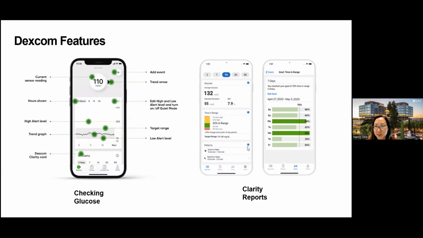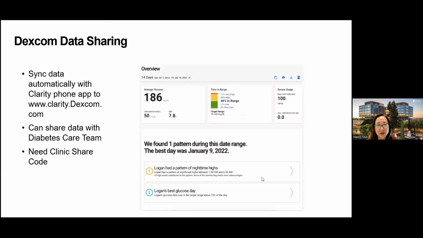The Clarity reports also include your average glucose profile, time in range, a nice breakdown of your daily patterns and things like that as well. You can also access your Clarity reports through their website, clarity.dexcom.com. And same thing, you just log in with your Dexcom account information